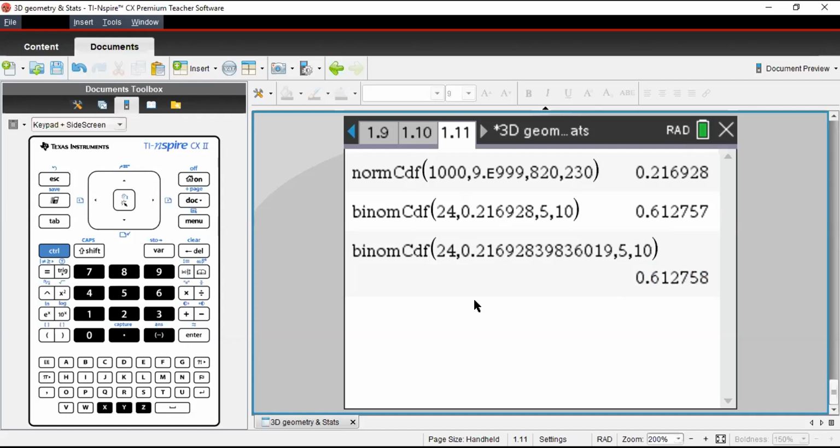There is one more method of doing this. Rather than copying the answer over here, you can again copy this particular binomial CDF and remove the success part, which is not accurate. In the previous method, we copied the answer part and pasted it.